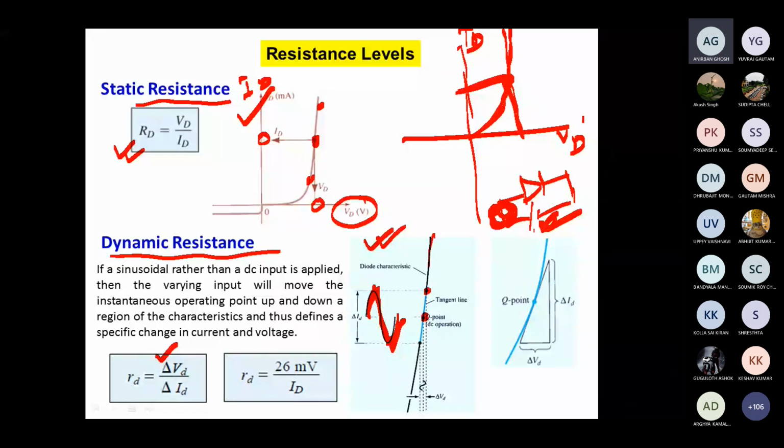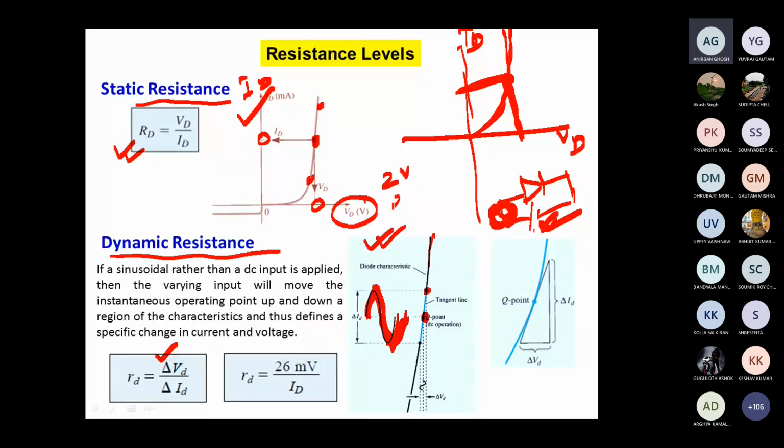So first you have to choose the operating point. Operating point means first you have to bias the diode. Suppose a particular fixed voltage VD, DC voltage, I have applied. The corresponding DC current you will have. So your biasing is done. Then you are giving your AC signal. Suppose this is my operating point, the DC bias. Then when you apply the AC signal with respect to the DC point, suppose 2 volt DC I have applied, then AC.